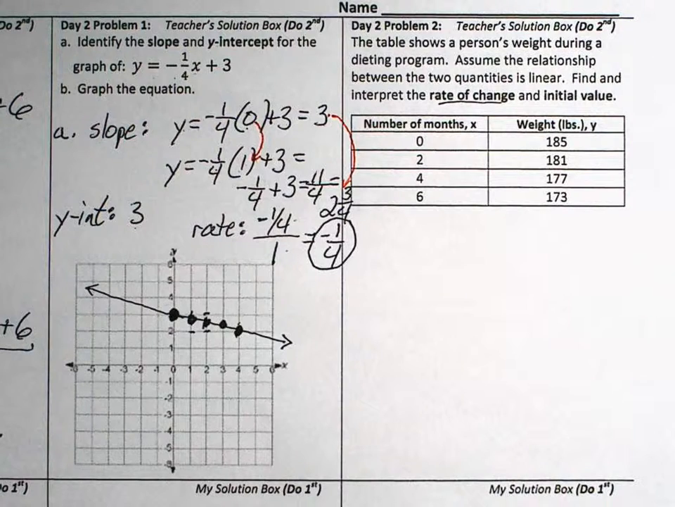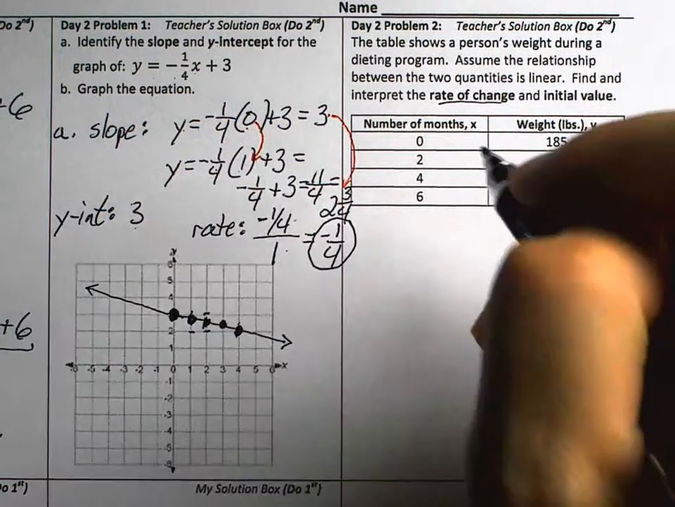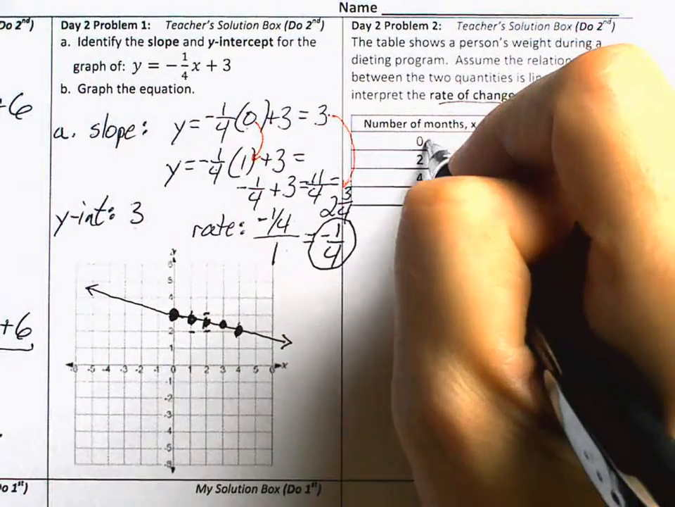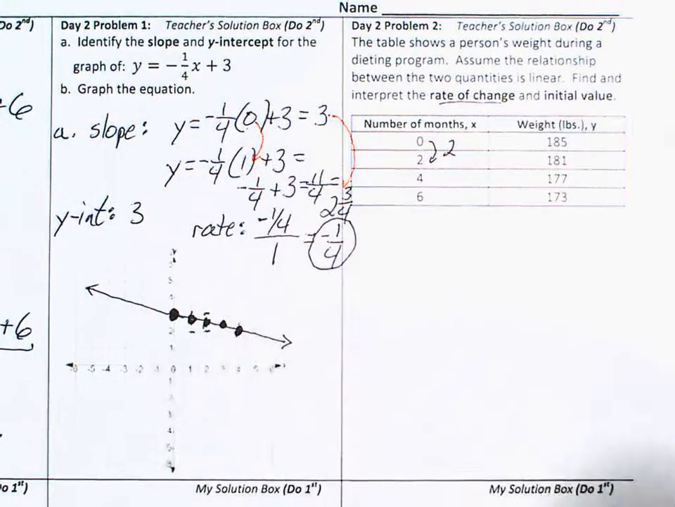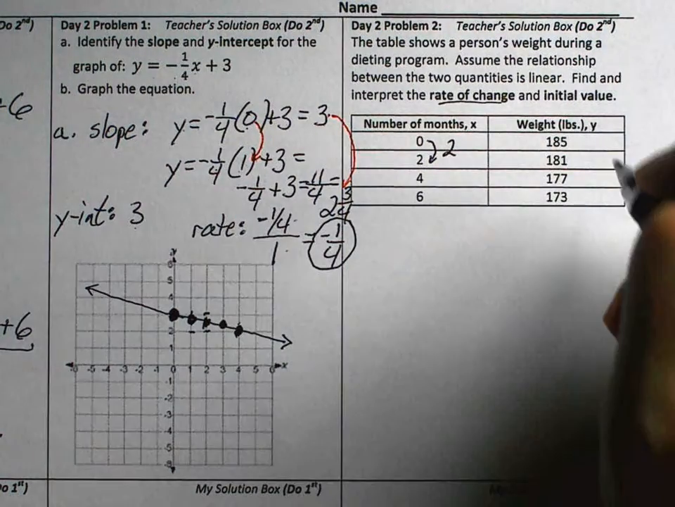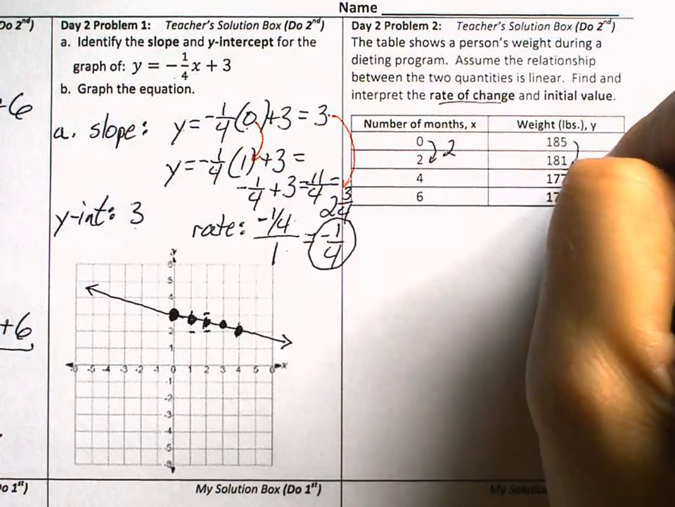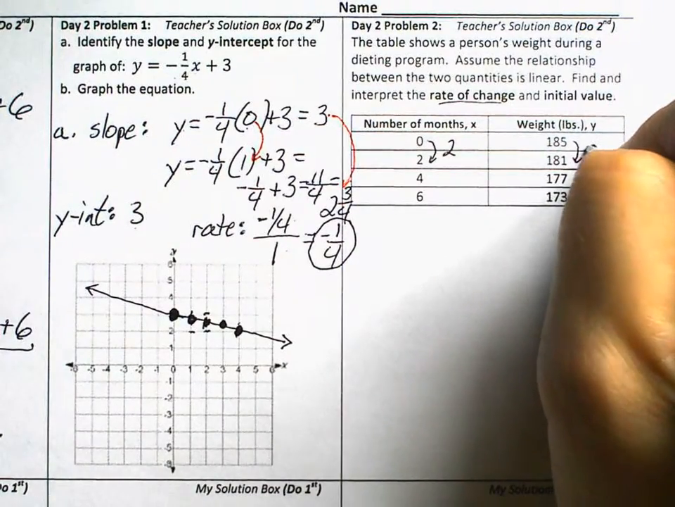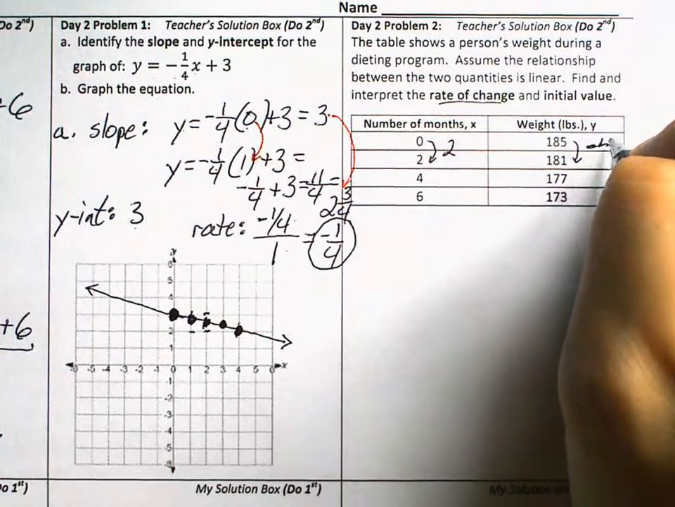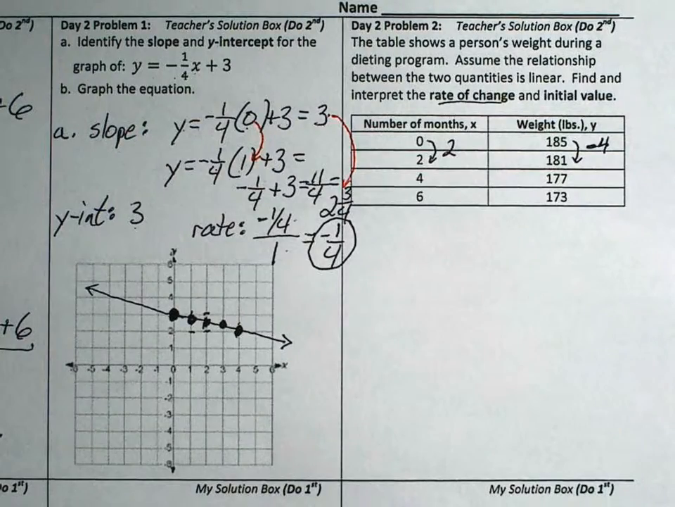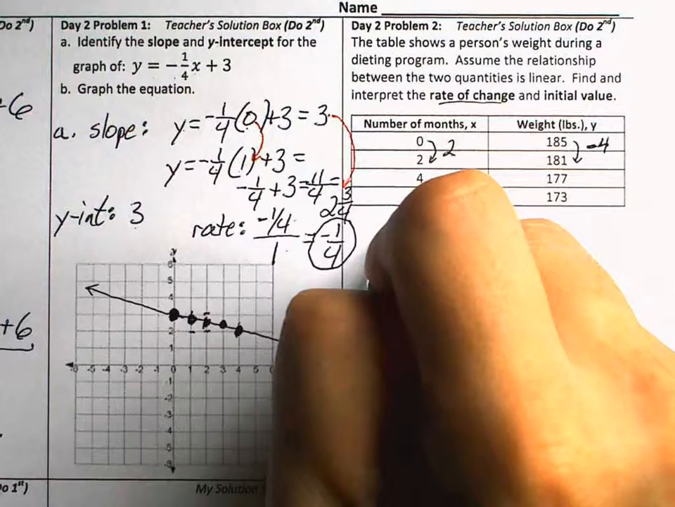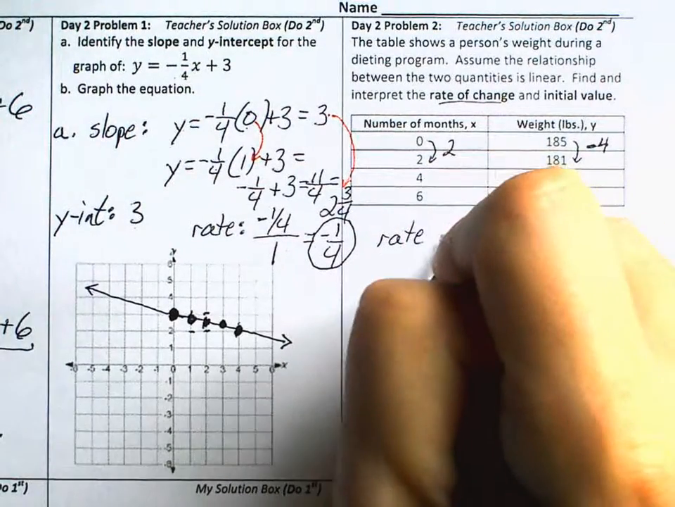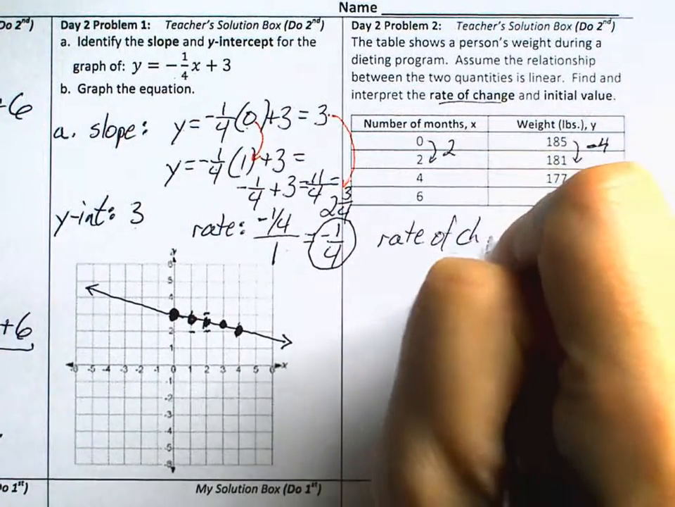We can do this by looking at the rows in the table, and any rows are fine, but we might look at the first and second row. So from 0 to 2, 2 months has gone by. And in that 2 months, the person's weight has decreased, so negative 4 pounds. And we can write these changes as a rate. That's what rate of change is. So rate of change,